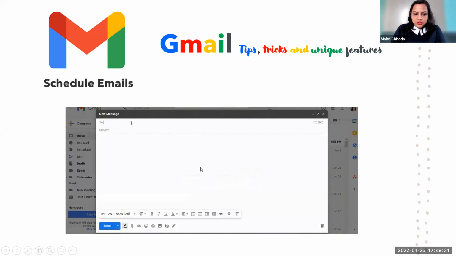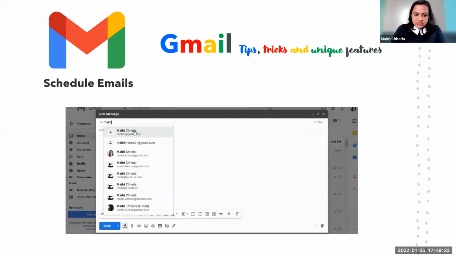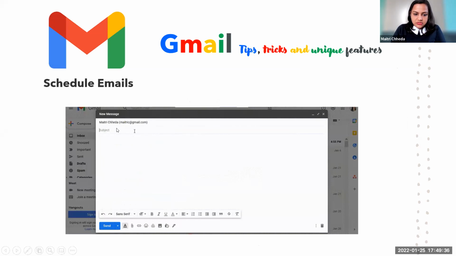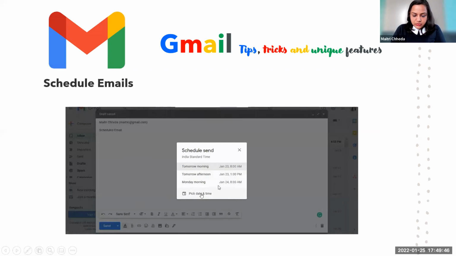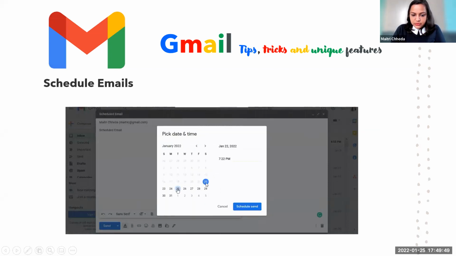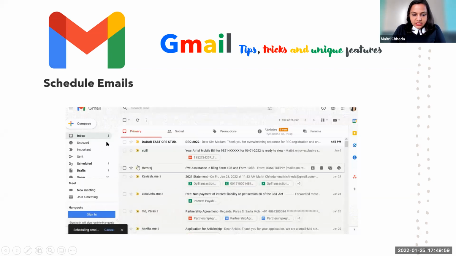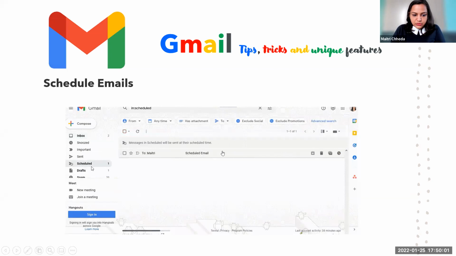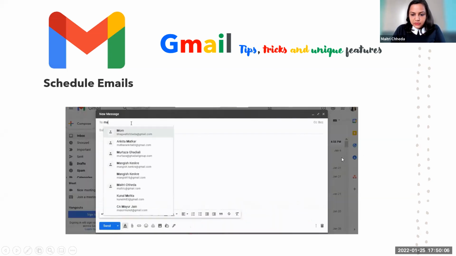This option I will show you in detail over here, this is how it basically goes. You write down the recipient name, you put down the email, and then you click on this triangle and click on schedule send. Over here you get to select the schedule. You select a date, I've selected this date, I've selected a time, and then I'll just do a scheduled send. So the moment I do schedule send, this will appear below my inbox, and over here I see a scheduled email.